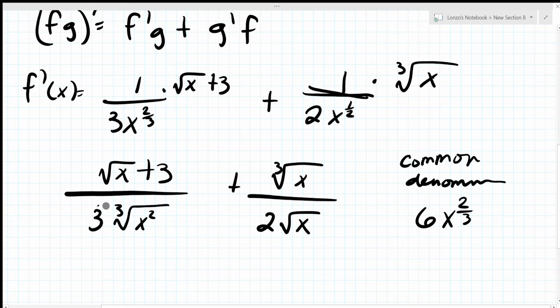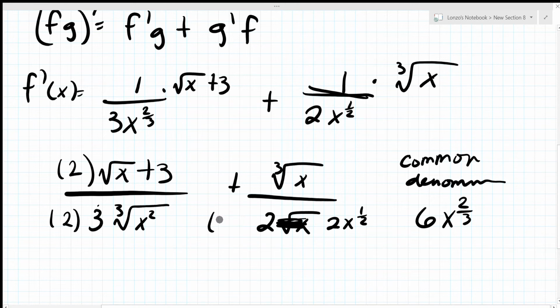So for this part, what do we have to multiply top and bottom by? Just 2, right? And then over here, what do we have to multiply to get 6x to the 2/3 power? Let me rewrite it in power form, x to the 1/2, right? You just have to multiply this by